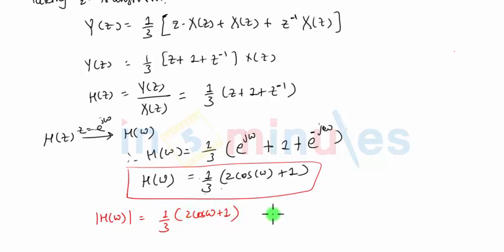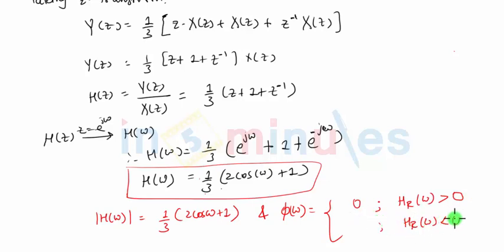So that's the magnitude function, and the phase function phi of omega is tan inverse of imaginary by real. Imaginary is 0, so it will be tan inverse of 0 upon a real value. If that is the case, then phi of omega should be 0, but please remember that it will be 0 only when H of omega, which is the real part, is greater than 0. If the real part is negative, if it is less than 0, in that case, because the real part is negative,